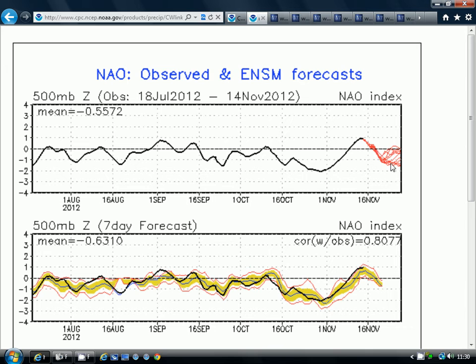This red line here, or these red lines, are the forecast of the North Atlantic Oscillation dipping back in towards negative territory as we get through to that final week of November. So again, this is telling us that we're likely to be seeing blocking developing at northern latitudes. We're likely to be seeing low pressure tracking